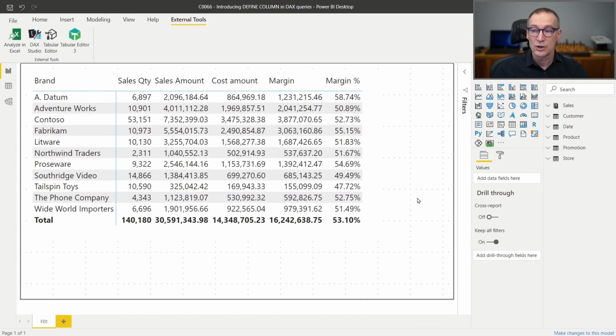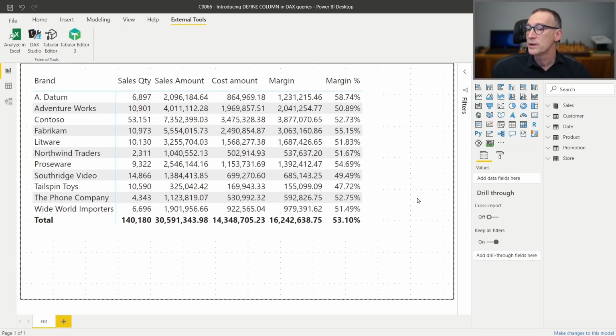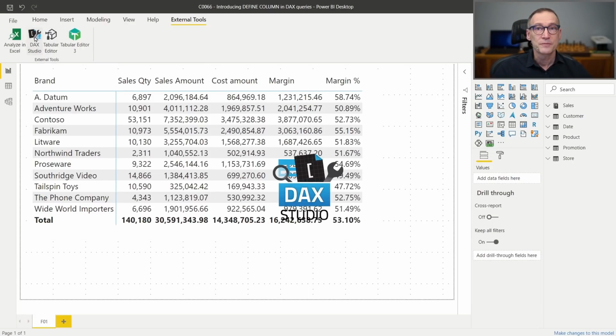I have here our usual Contoso model, but if I want to use the new DEFINE COLUMN statement, I need a query. This is the first limitation you need to keep in mind. You can create calculated columns that exist for the lifetime of a query if you have a query. If you don't have a query, you cannot create a calculated column that exists in the query. That is why you cannot use this feature to define measures. That is very different from variables. You can create a variable both in a query or in a measure, but calculated columns can only be created inside a query. So, because we want a query, we need to start writing code using DAX Studio.